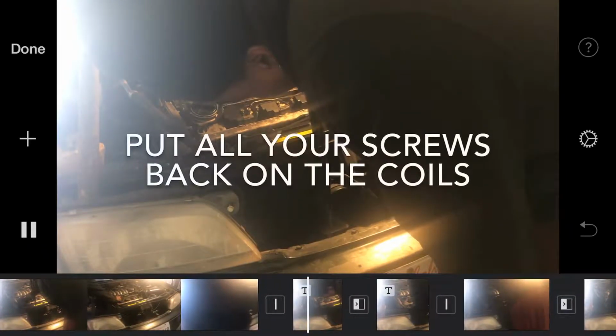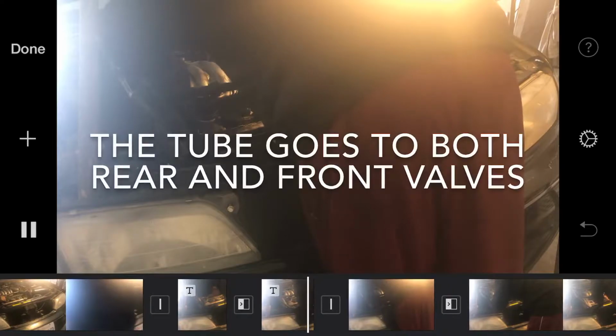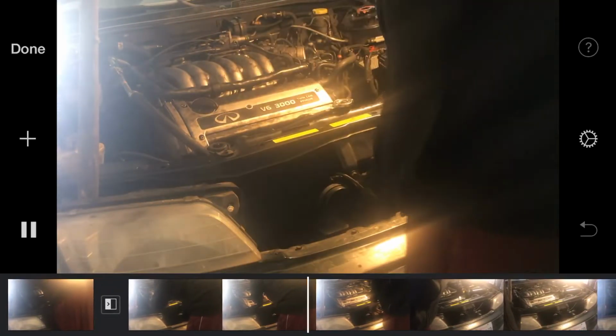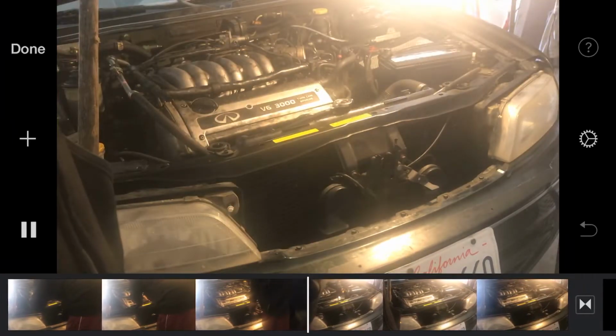Get them on. Make sure to put your tube back in. Forgot about you. Go ahead and put that back in. All the way in. And then you cover. And that's it. Pretty much done. Alright, screw it down. Make sure to put your tube back on. Put the other piece, and